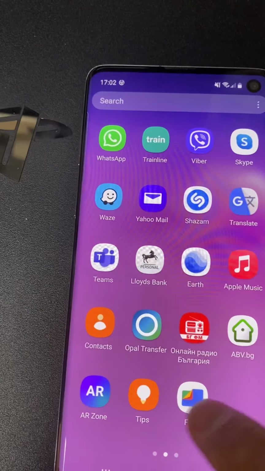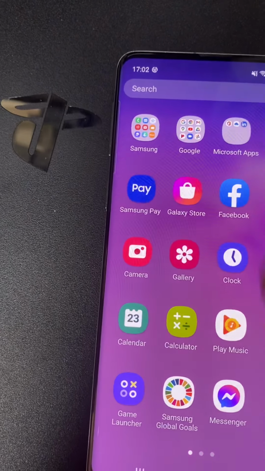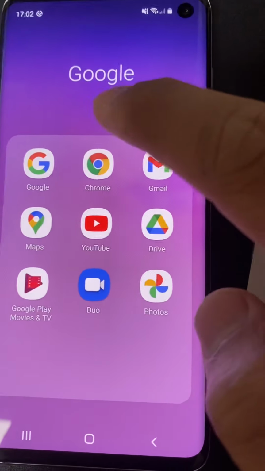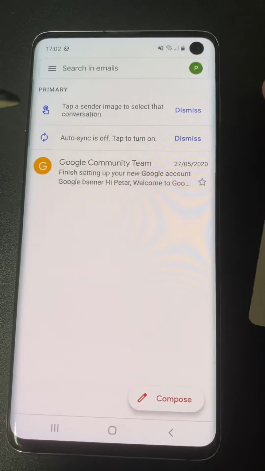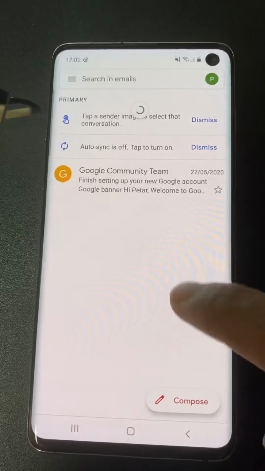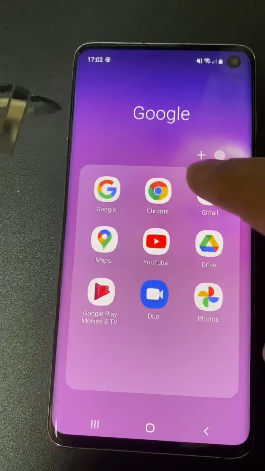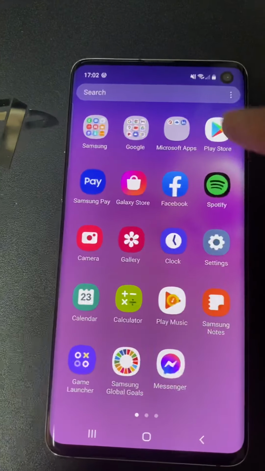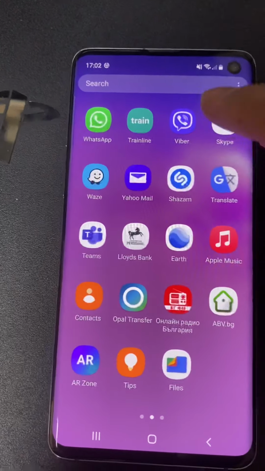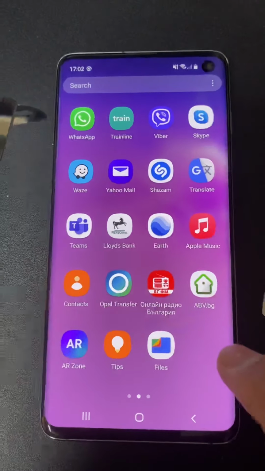And same, for example, with email, you will see here. After a second, the app will switch off automatically. Sometimes it stays on, but most of the time it switches off. Same if you click on Viber, see. So to fix this issue,